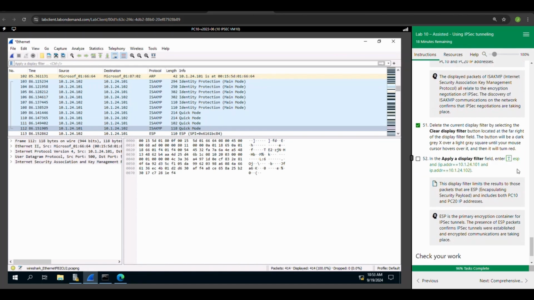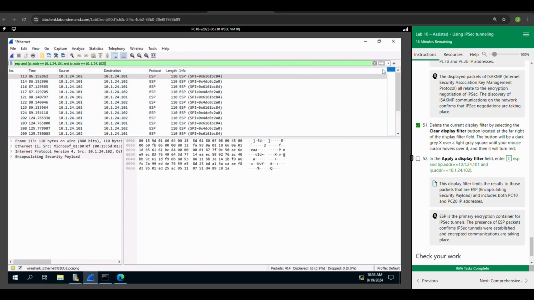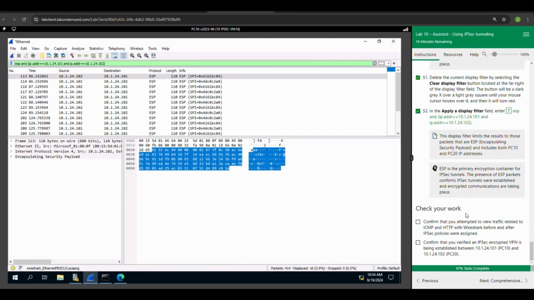And now we're on step 52. You can clear the field and then click on the type text here and then click the apply button. Now we're going to see the packets for ESP, Encapsulating Security Payload, which includes both PC10 and PC20 IP addresses. We can see that information. ESP is the primary encryption container for the IPSec tunnels. This is why we see this information here. And now we can check off our work and go